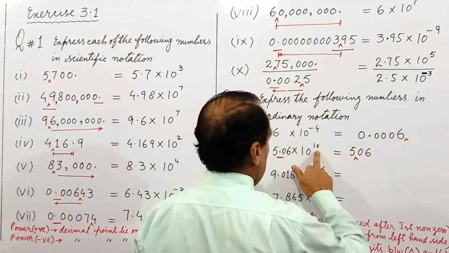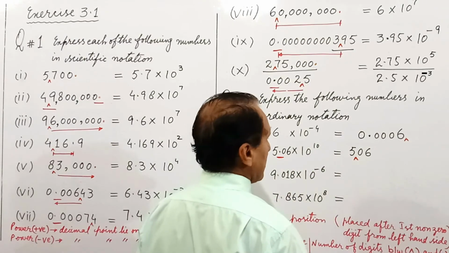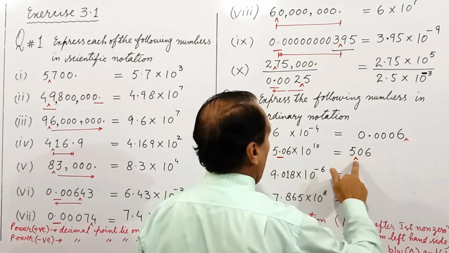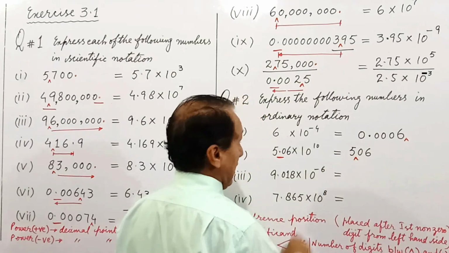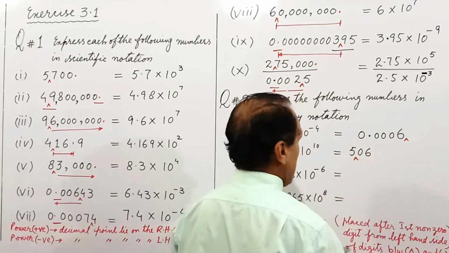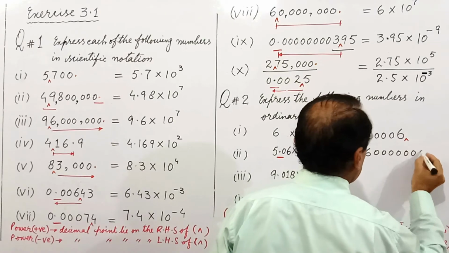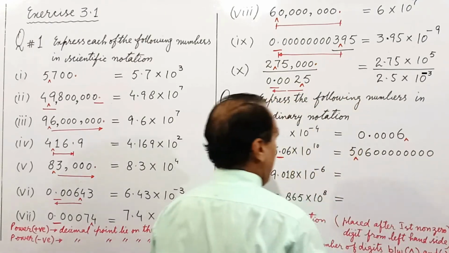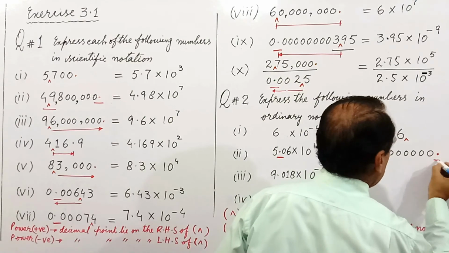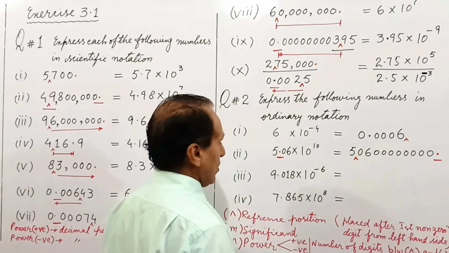Power 10 means that the decimal point will be located after 10 digits from the reference position on the right hand side, as the power is positive. So 2 digits are already there. We put 1, 2, 3, 4, 5, 6, 7, 8 zeros, and the newly acquired decimal point position is on the last. Now we move to part 3, and the significand is